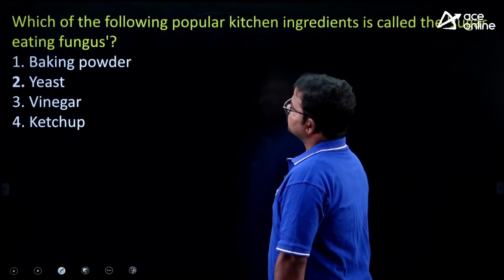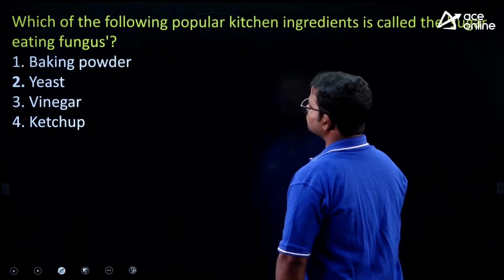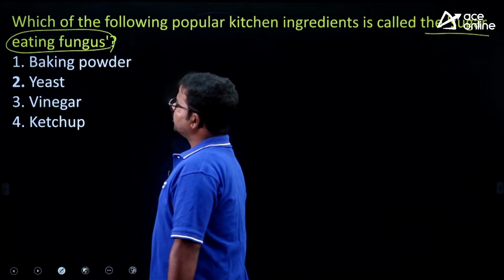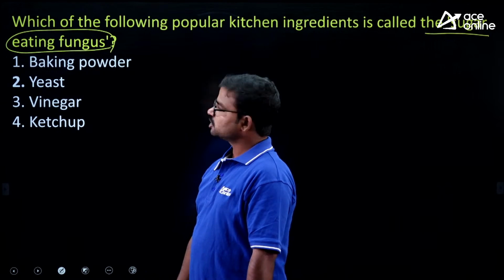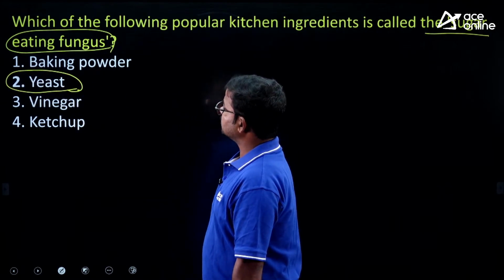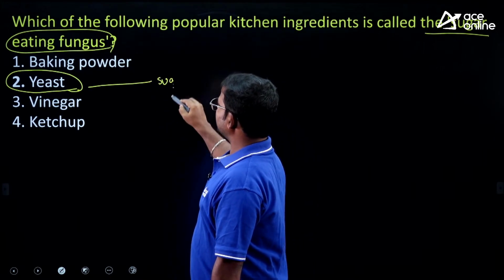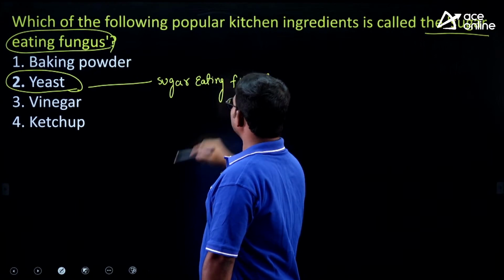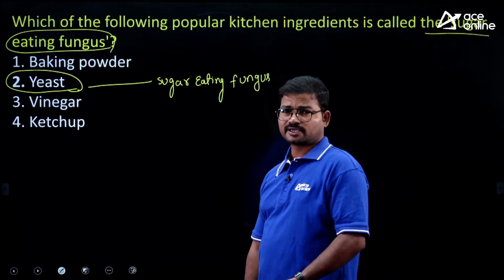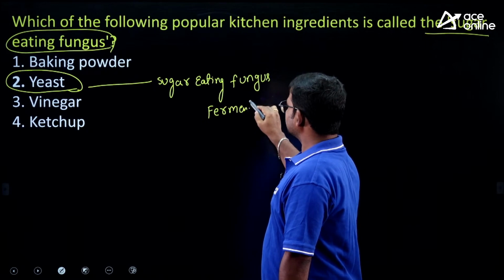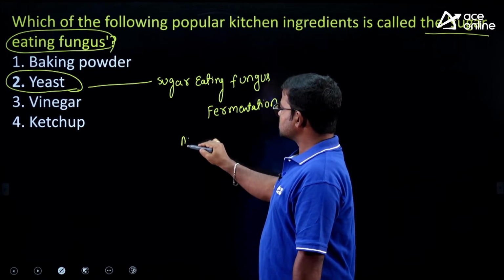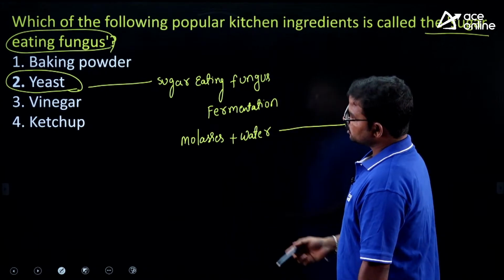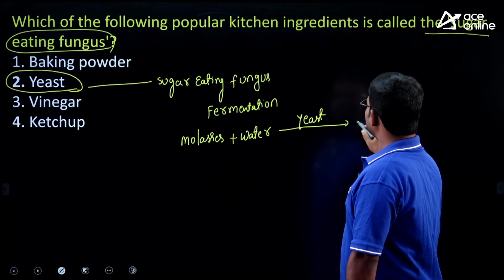Next one: which of the following popular kitchen ingredients is called the sugar eating fungus? Baking powder, yeast, vinegar, or ketchup. Mostly yeast is considered the sugar eating fungus. In the preparation of alcohol from sugar, the name of the process is fermentation. If you consider molasses, when it is added with water in the presence of yeast, we get